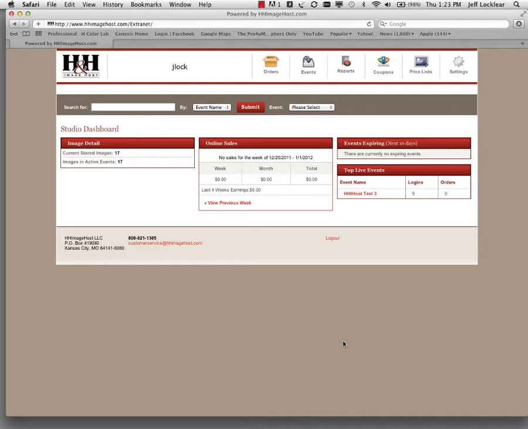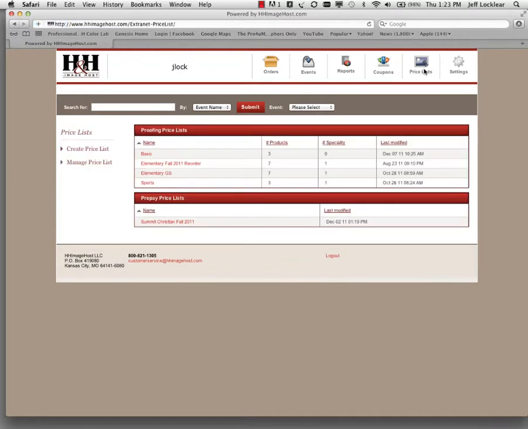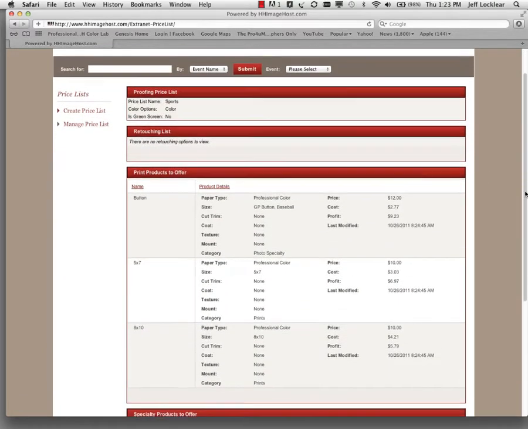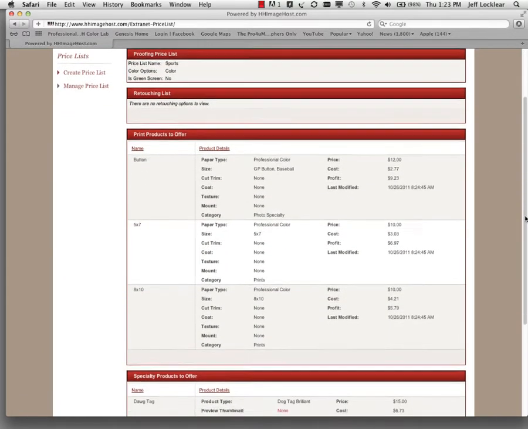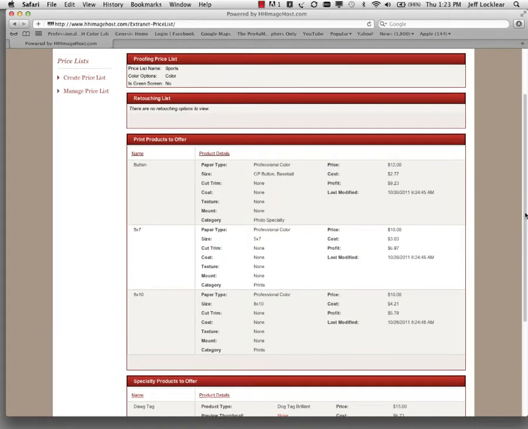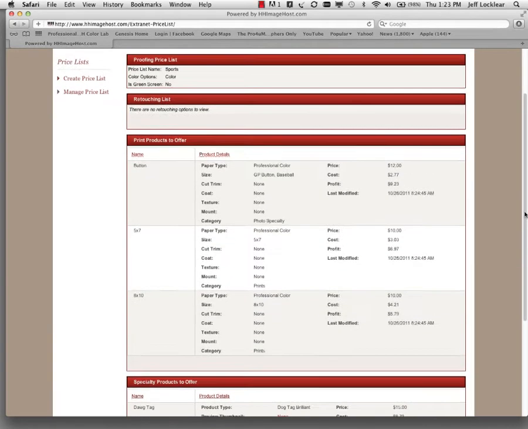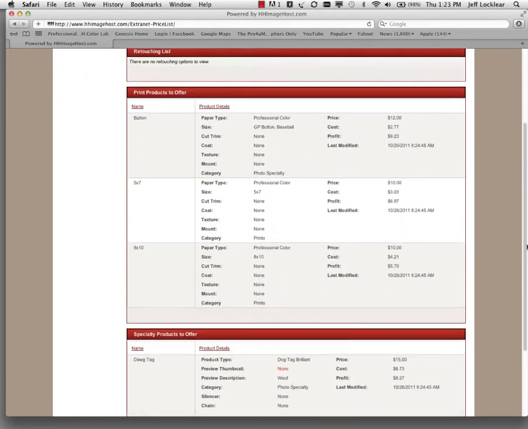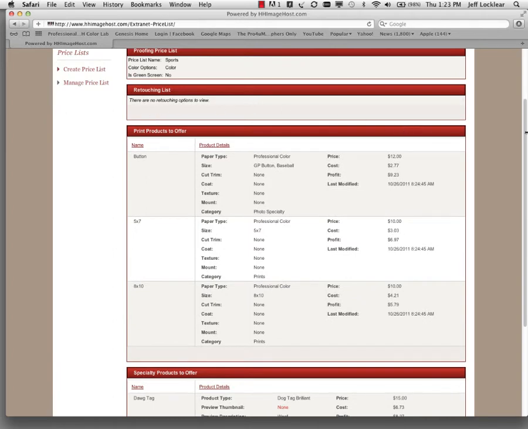So let's look at a few things here. First thing you'll need to do before you set up an event is go into the price list area and be sure you have a price list that's set up for, in this case, a sporting event. I've created a sports price list here. It's a very simple one. Keep in mind that this is for demonstration purposes. This isn't an instructional video on how to use HHImageHost. We'll have some of those very soon, but it's just to show you how to use the auto post feature. But that's already been set up,